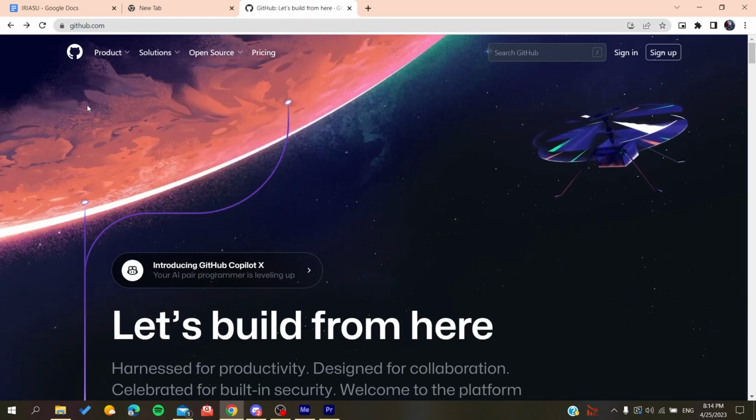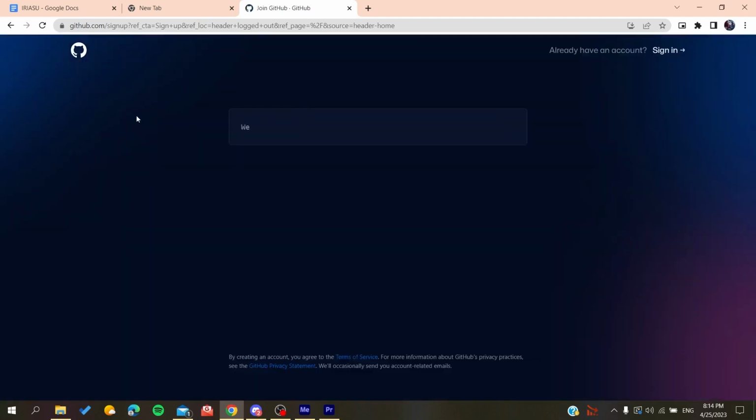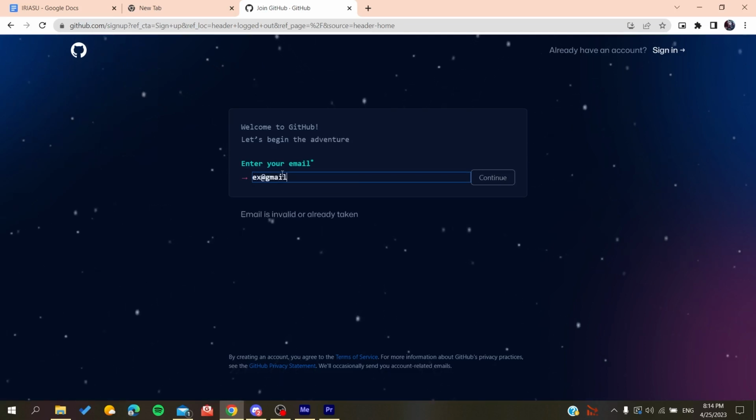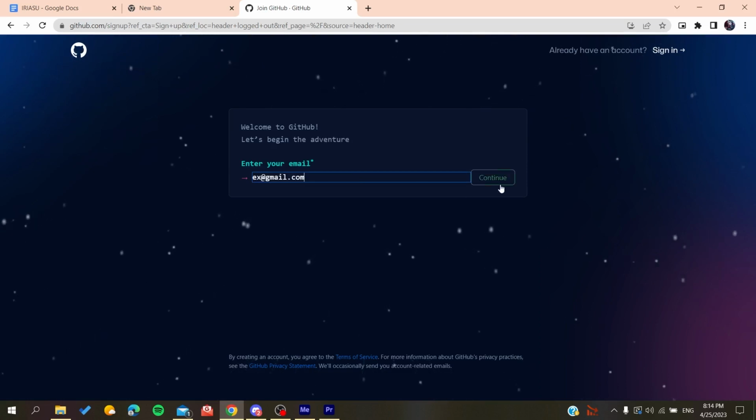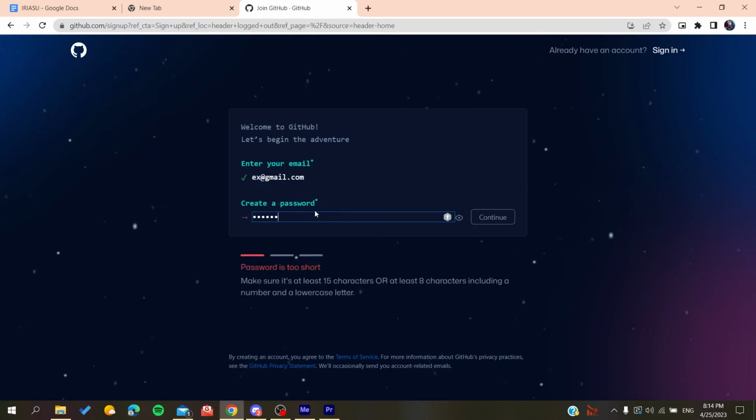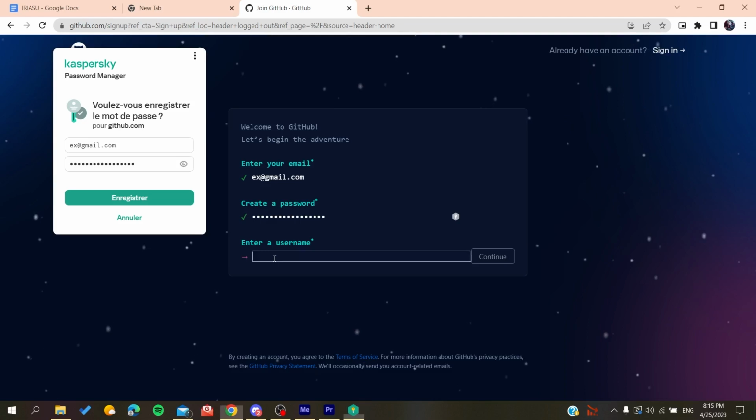And now we will need to create an account so we can use the GitHub services. So basically all we need to do is click on sign up, and then it will redirect us to the sign up page. Now you need to add your email, gmail.com or any other email that you are using. You click on continue, you create a password. If it was anything like that, you click on continue, and then you will add a username, for example